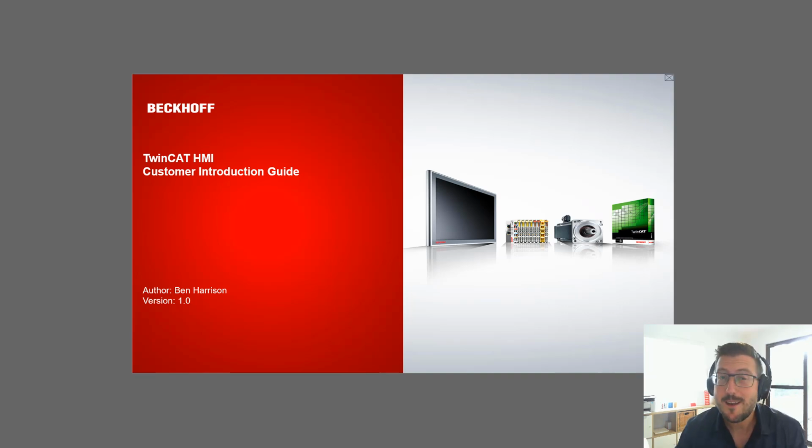Hi everyone. In this Coding Bytes, I'm going to take a look at TwinCAT HMI. Now, we're currently working on training. This training is available directly. We're going to do some training that's going to be available on the web as well. But for this, just to bridge the gap, I'm going to do a Coding Bytes, which hopefully will get you